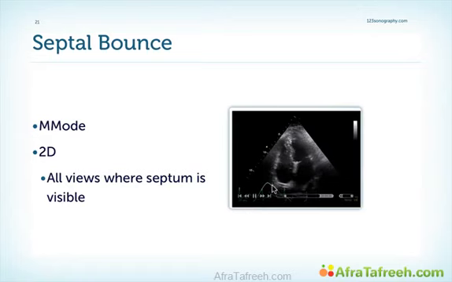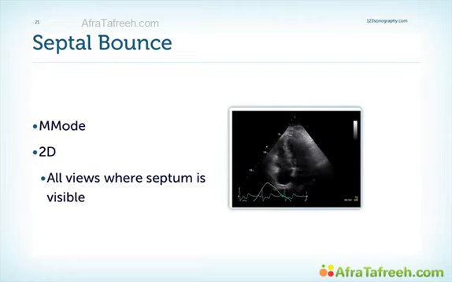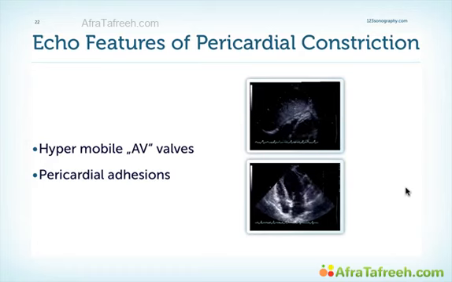We have a respiratory curve here, and if you note exactly at the moment of inspiration, we have an augmentation of the motion of the interventricular septum towards the left. As you will see later with echocardiography, we can also see other features of constriction. But personally, I believe that the septal bounce, if you have the experience to visualize it, is probably the most diagnostic finding. Here are some other things that you can see with 2D echo.